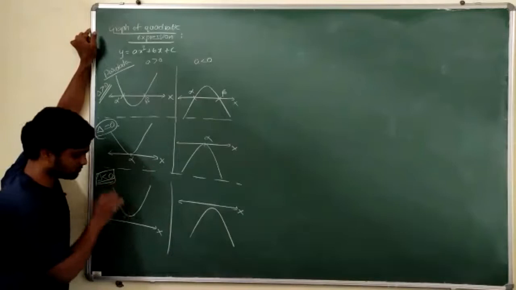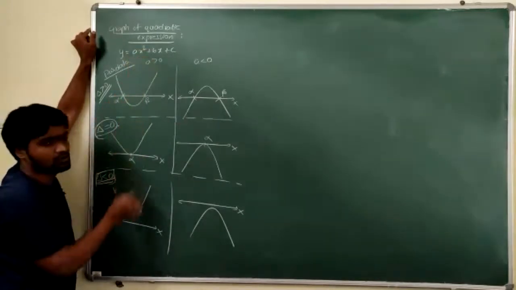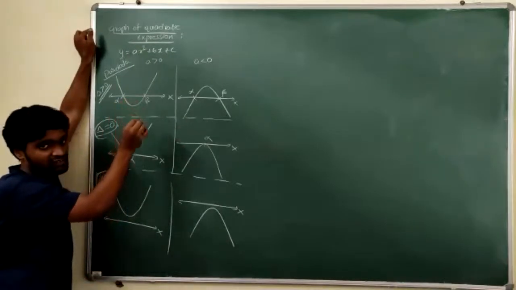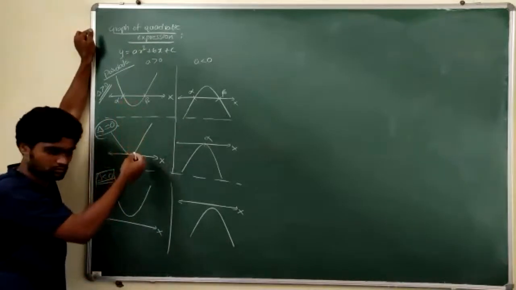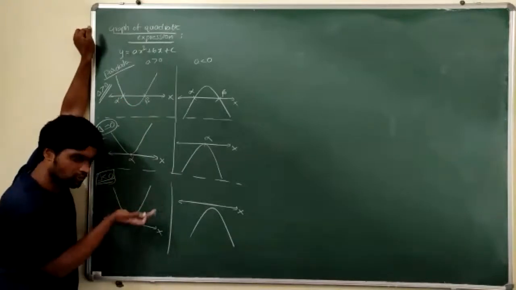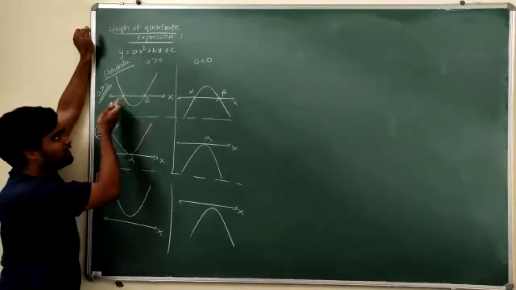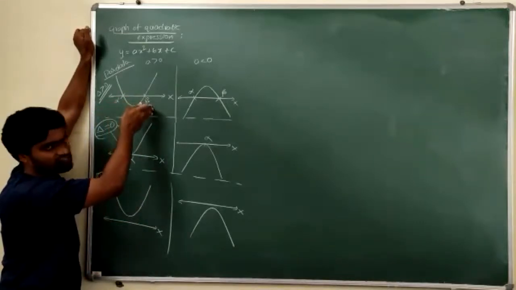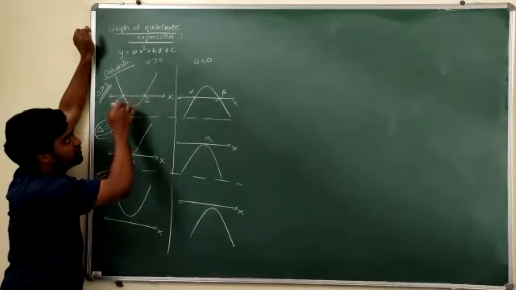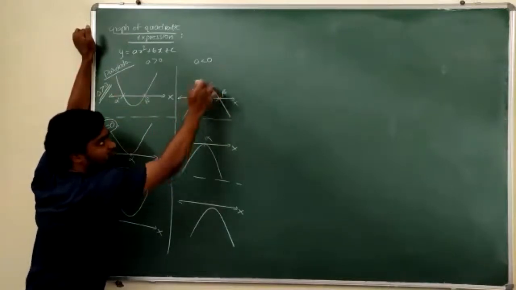What is the value? What is the graph we have plotted for? Ax square plus bx plus c, right? Now ax square plus bx plus c, or you can say y value. See, above x-axis, values of y are always positive. Below x-axis, those are negative. Between alpha and beta, between these two x values, quadratic expression value is negative. Here between these two x values, quadratic expression value is positive.